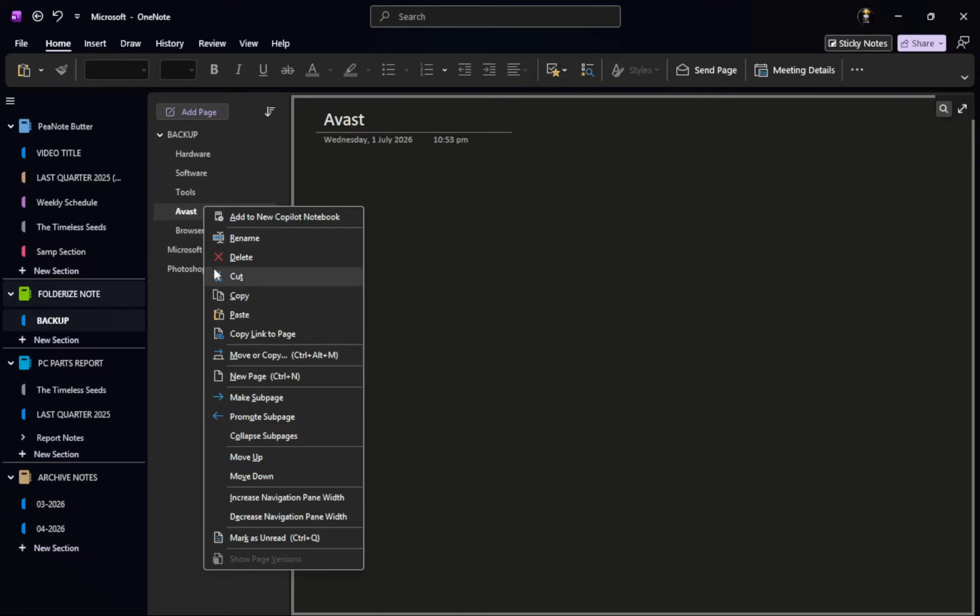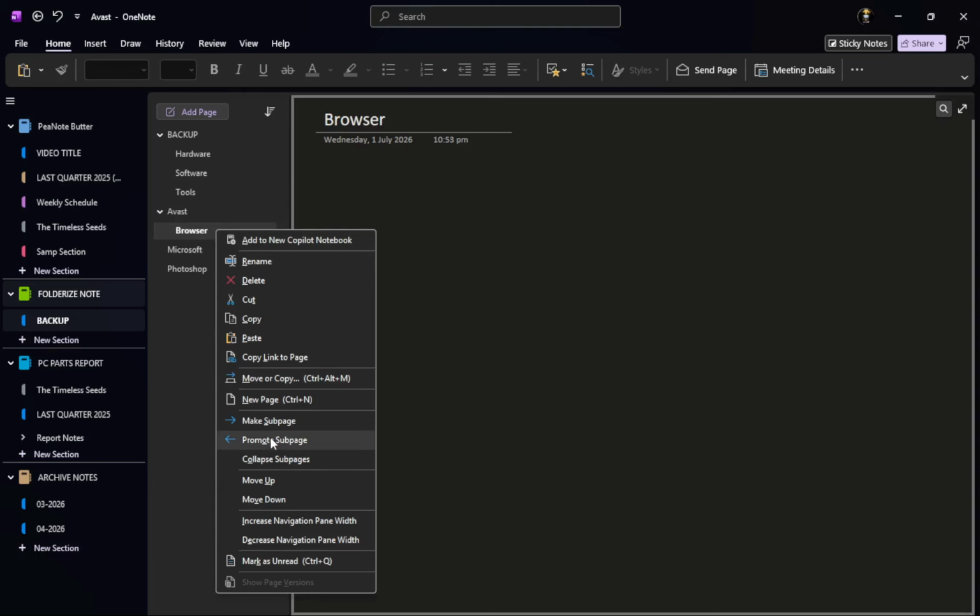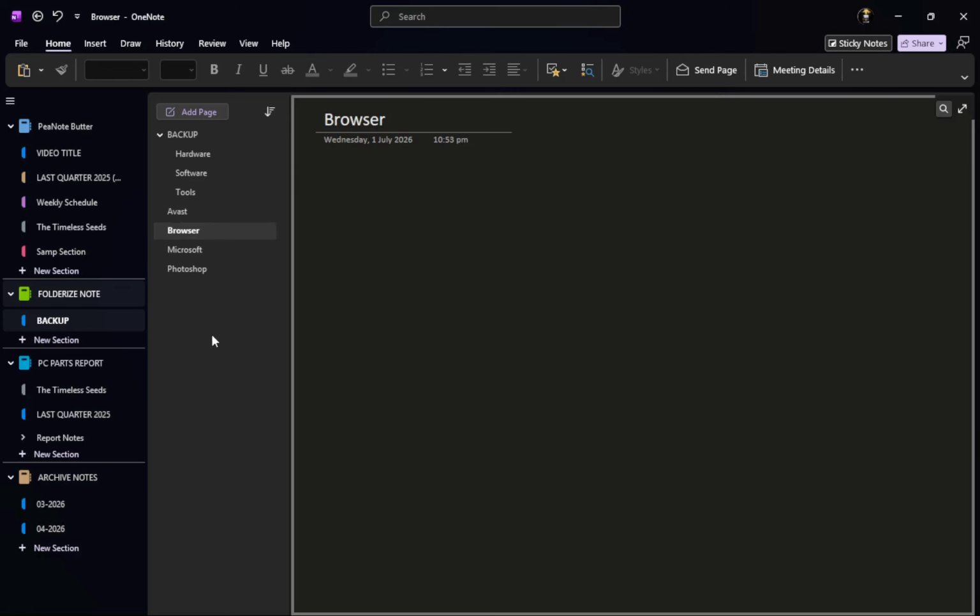Once your section tabs are organized, we will move on to alphabetizing the page tabs. First, open the section that contains the pages you want to organize. You will see a list of pages on the right side of your screen. This is where you will focus next. Having the section open ensures that you are working with the correct pages and helps prevent any confusion.